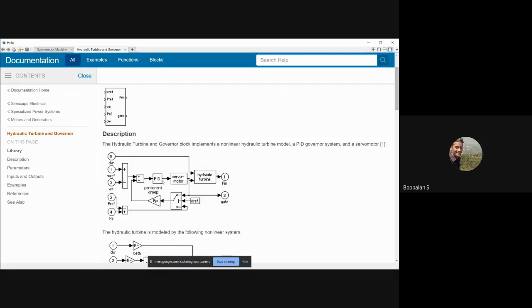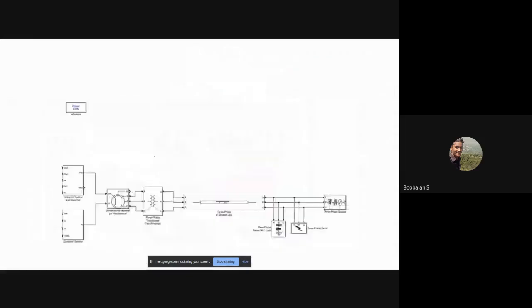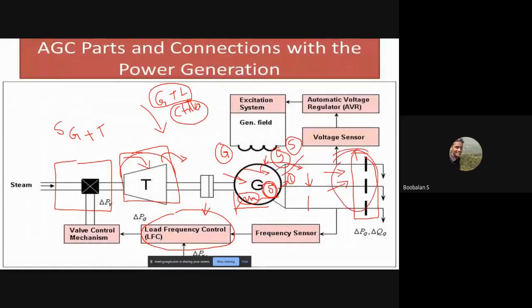But for this PID controller to work, we need to give an input: reference speed and actual speed. Because it is the speed that it is going to adjust. The turbine's mechanical rotation speed gets adjusted automatically, as you could see over here, right? We are definitely going to apply a load, a short circuit is going to occur, definitely the voltage will drop, the speed is now going to be lost and the frequency is also going to be lost. So what am I going to do? If I gain the turbine speed, everything is going to get back to normal, right? So if I need to gain this speed, I need to adjust my steam. To adjust that, I need to adjust the steam governor.